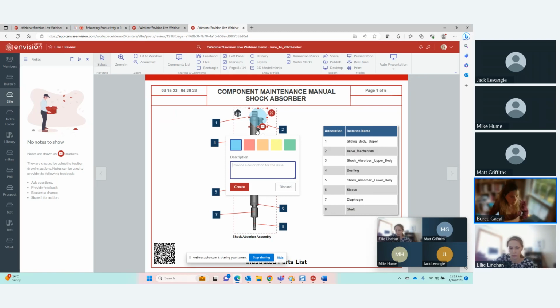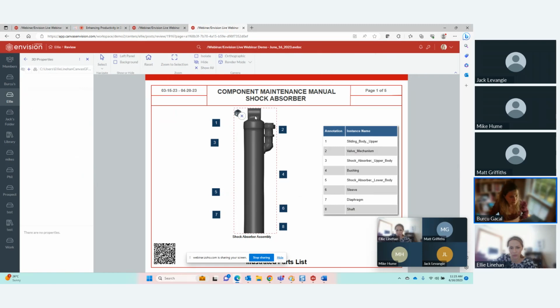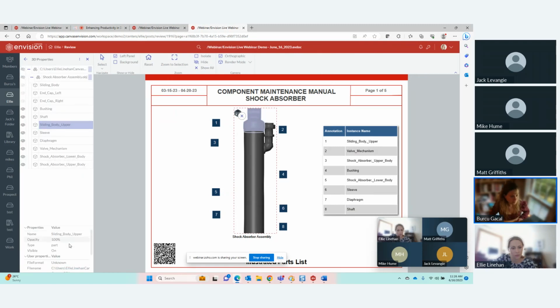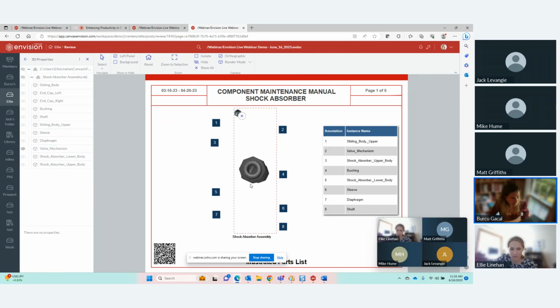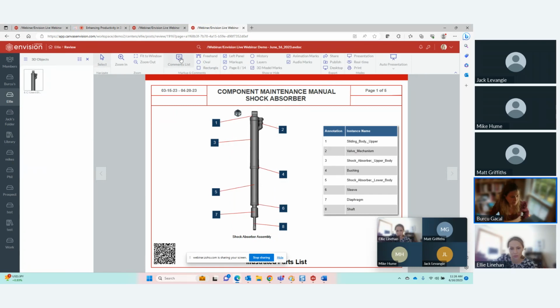Before I give the comment, I can click on the documentation. I can zoom in on the area. I can select the part and see the details from the end user perspective. I can go down and see the part number and SKU number, and make sure that I'm responding to the right part and internally the right SKU number. I can also click on the part, right click and isolate that part if I need a more detailed look, and I can make sure that my response to that specific area is exactly the right one